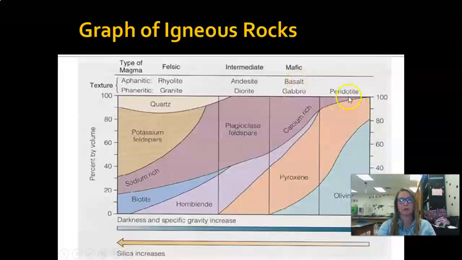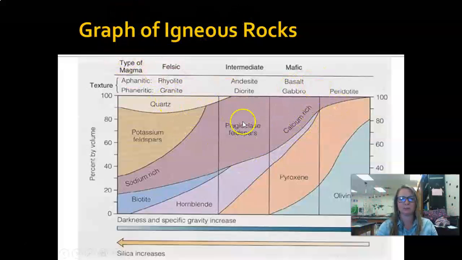I do have one of peridot, which is beautiful. It's almost a green color, which I really like. For those of you who know me, I love green. And then finally, we're also looking at our felsic rocks, rhyolite and granite. And then it even breaks it down into aphanitic and phaneritic. So remember, aphanitic is very small crystal, not coarse grain, whereas phaneritic is going to be large crystals because they cooled slowly and were able to fan out. So we've got granite, diorite, and gabbro.